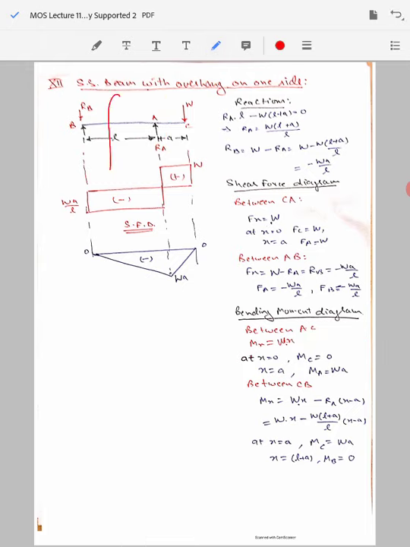when you cut the beam somewhere between them, then there is a moment because of W, which is W into x, and a moment because of the support reaction RA as RA into (x minus a), which is the distance from the cut section here. So this gives us this equation here. We substitute the different values of x, x equal to a and x equal to L plus a, for the span, and we find out that MA is equal to Wa and MB will be equal to 0 from this equation.